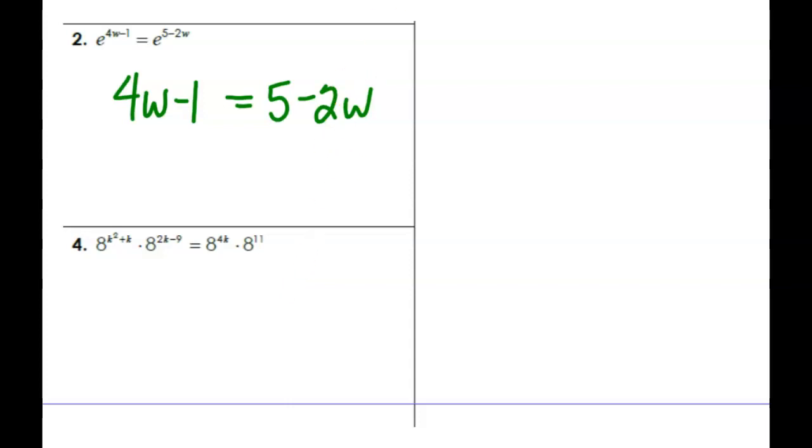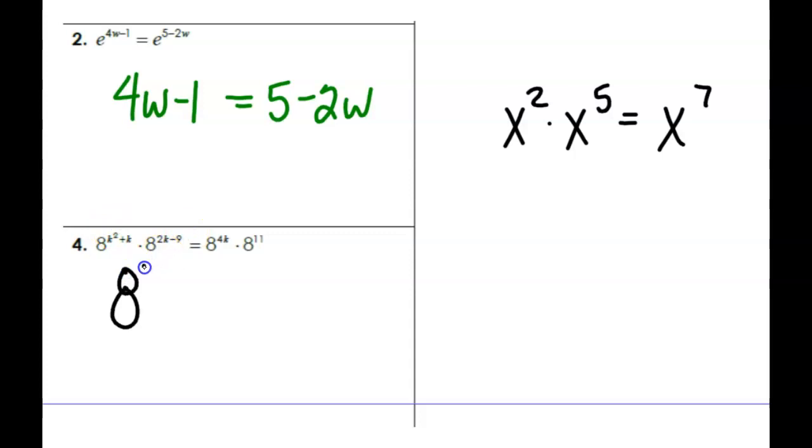Okay, we're going to keep going. The next one has two things multiplied. Do you remember what you do when you multiply two things? You keep the base of x and you do what to the exponents? Add. So we're going to keep the base of 8, but we're going to add these exponents together. And I'm going to write it all out so you can combine the like terms in a minute. Same thing on the right side. If we keep the base and add the exponents,